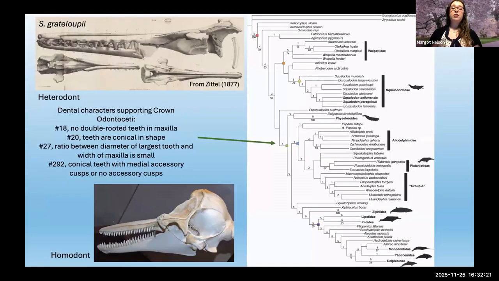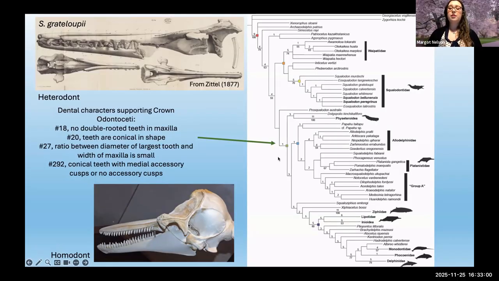In terms of phylogeny and evolutionary traits, evolutionary trends, my phylogenetic analysis revealed something really interesting. So we'll note that the Squalodon today and all other heterodont toothed whales fall outside of the crown group. So the crown group is all homodont, all with these conical teeth. They all look the same. And not only is that just an observation that we get, we actually have dental characters that support the clade of crown toothed whales, namely the fact that they are all homodont.